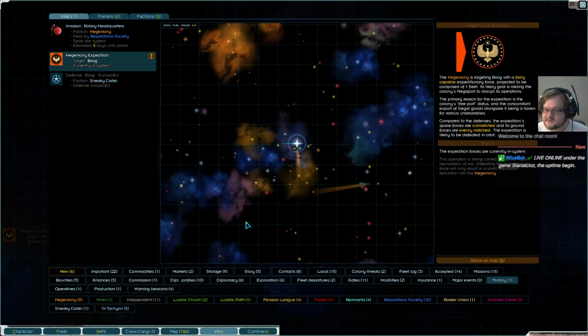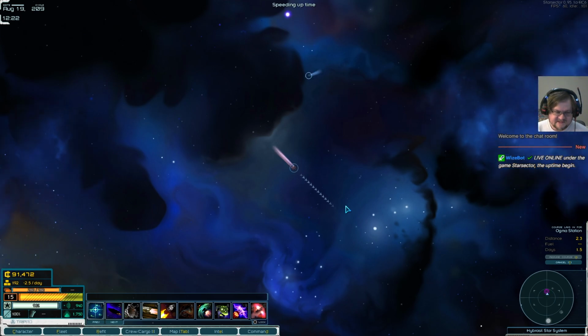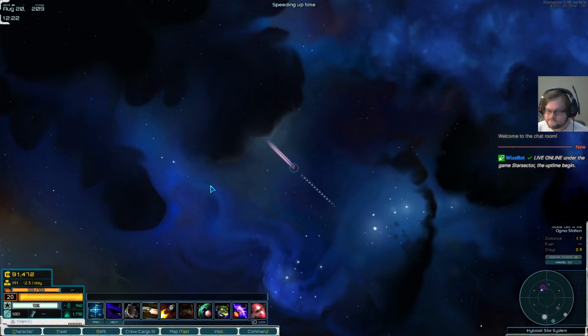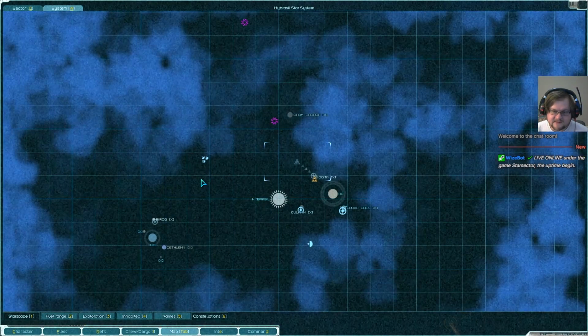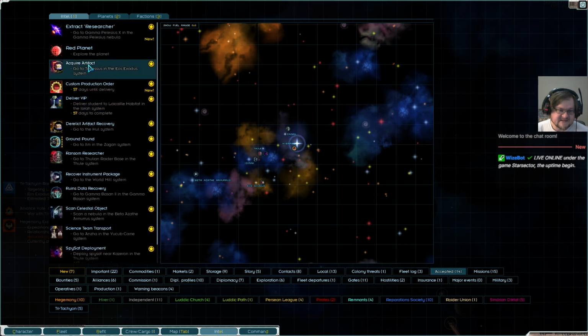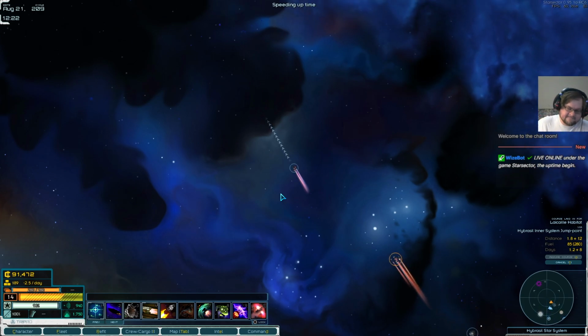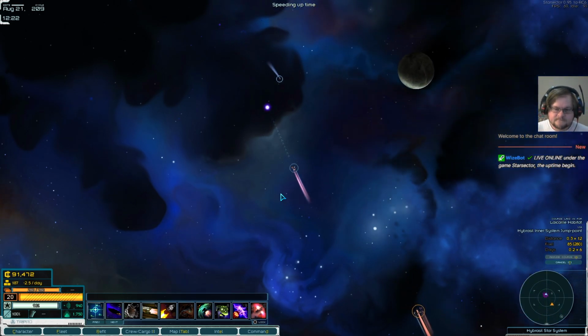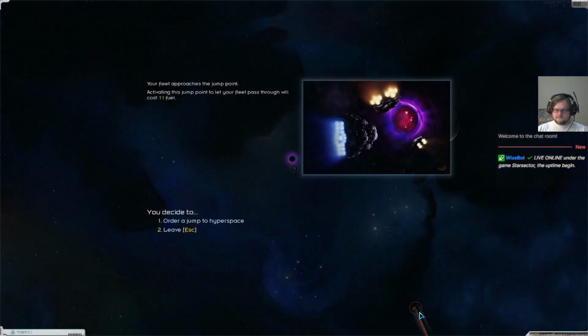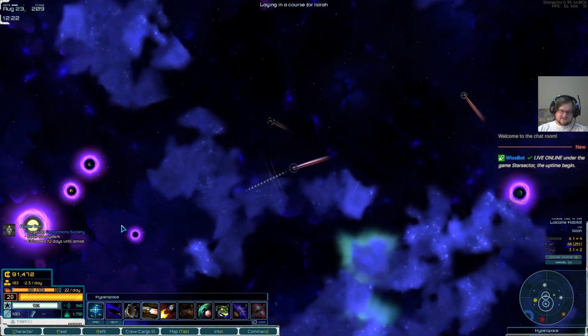Oh, it's just an expedition. I mean, I can probably get something. Oh, good. Never mind. I guess we'll just continue on with this mission. They got annihilated. Accepted. Deliver VIP. Okay, let's deliver this VIP. Then we will...